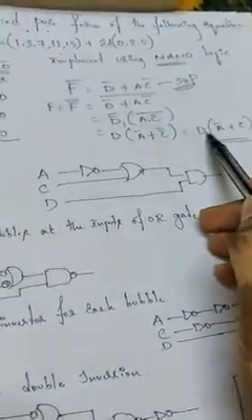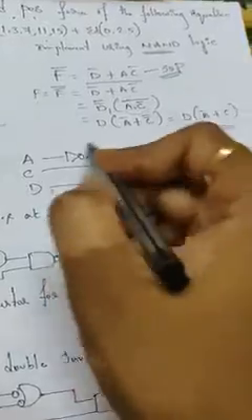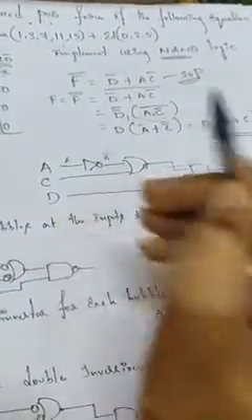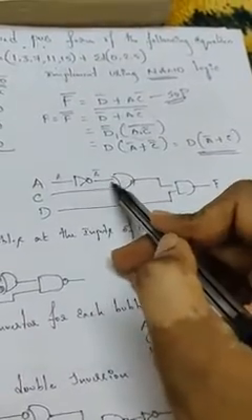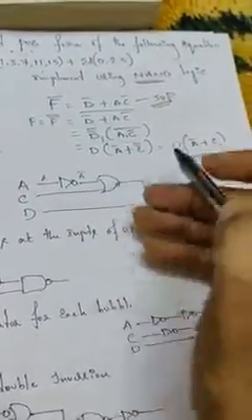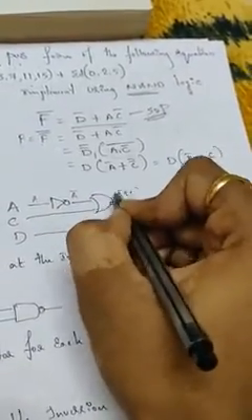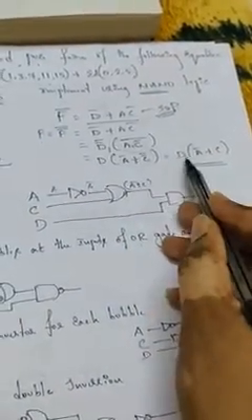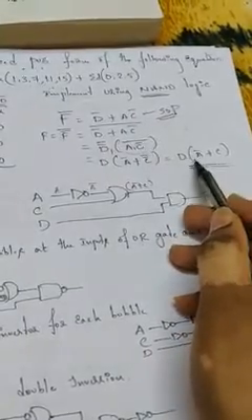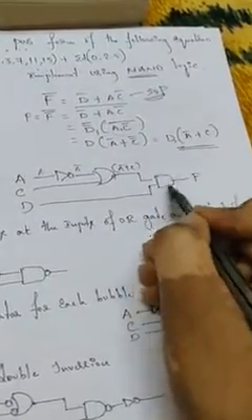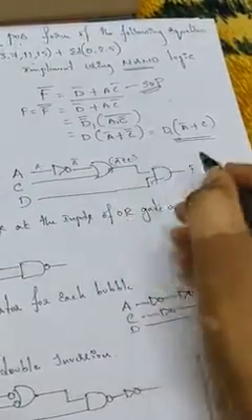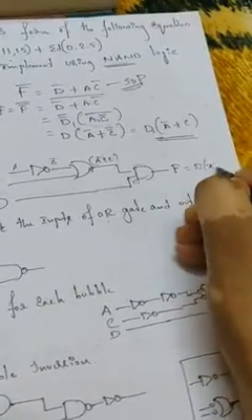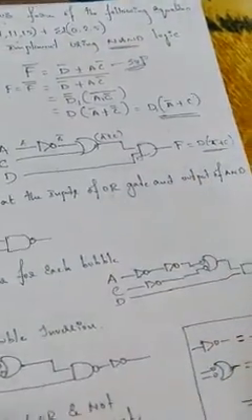Like, I have written a basic gate circuit now. The given expression is D into A bar plus C. Here this is A, and this will be A bar. A bar plus C, plus means OR gate. So the two inputs are A bar and C, and the output of this will be A bar plus C. So D into the whole thing: D into means you need an AND gate. I have written an AND gate. The other input is D here. So D and A bar plus C go into the AND gate, and the output will be D into A bar plus C.